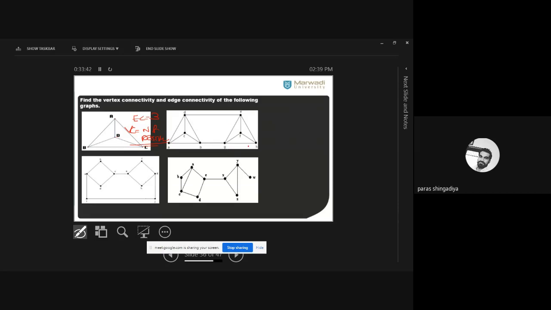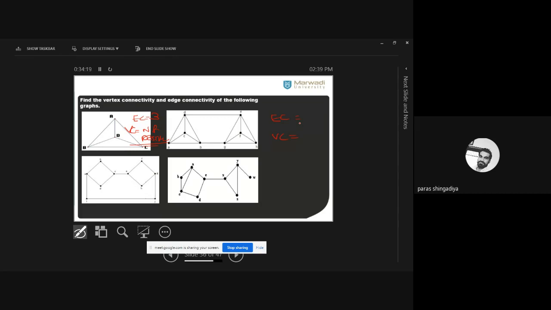Now for the second graph, edge connectivity and vertex connectivity. Now it is not a simple graph. It is one of the complete graphs. These all are simple graphs, that we already checked in the definition. That is a general result also. Okay? General result. We cannot find it. Okay. What is the answer in the second one?